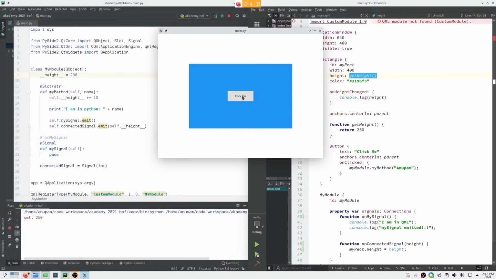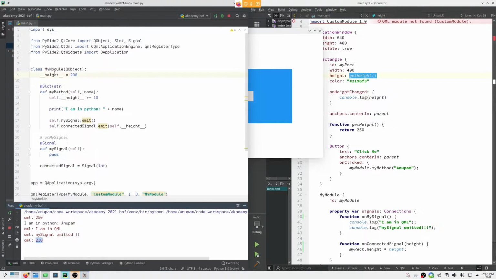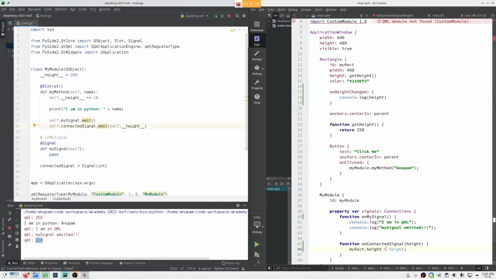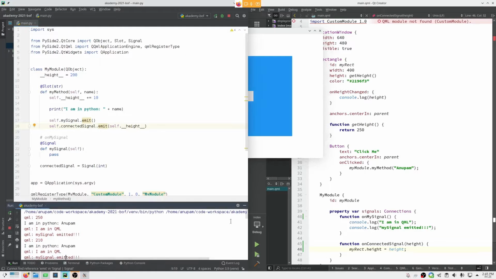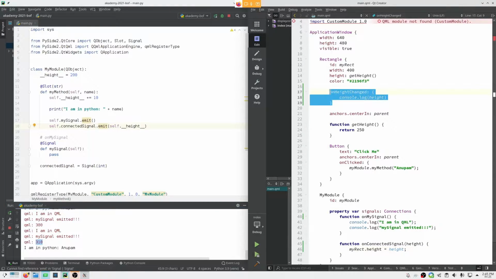Now if I click on this button, the height changes to 210 because the height value is 200 and 10 is being added to it, and it is being emitted, and the height is set here. If I keep pressing the button, the height should increase by 10 each time. And we keep getting the logs on the change handler because we handled the onPropertyNameChanged signal, and in here we are changing the height.